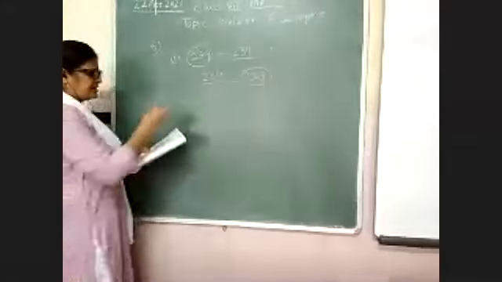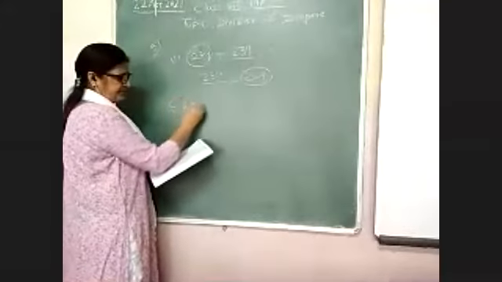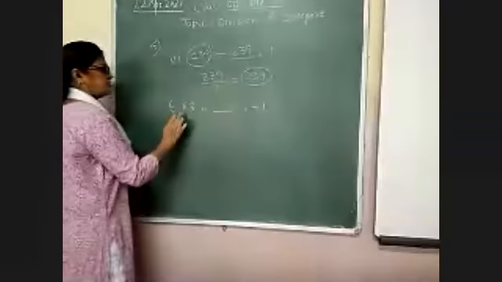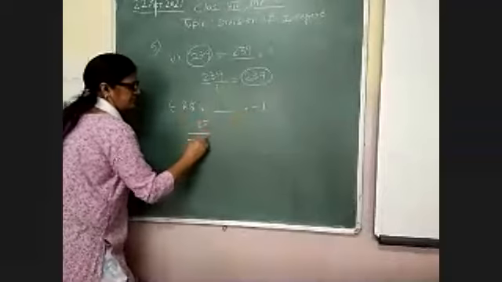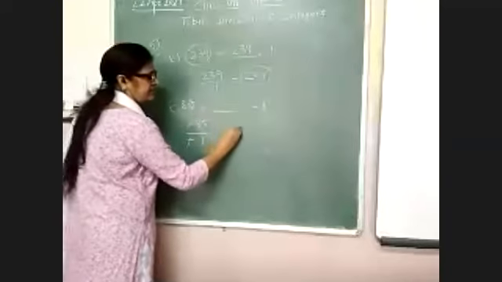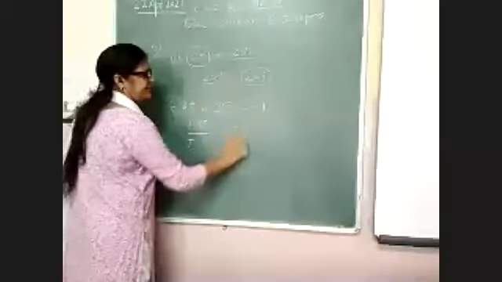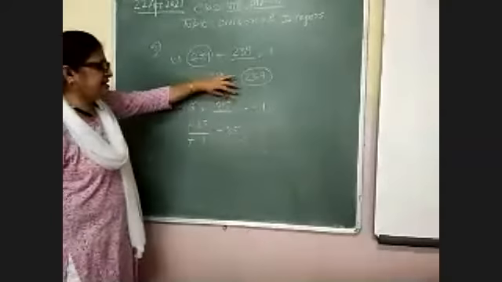Okay. And the next one is minus 85 divided by blank equal to minus 1. So you will see minus 85 divided by minus 1. Cancel minus with minus. 85 divided by 1 is equal to 85. So you will write down 85 here. Okay. When you divide minus 85 by 85, your